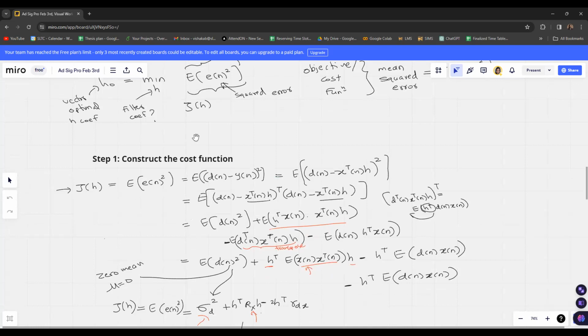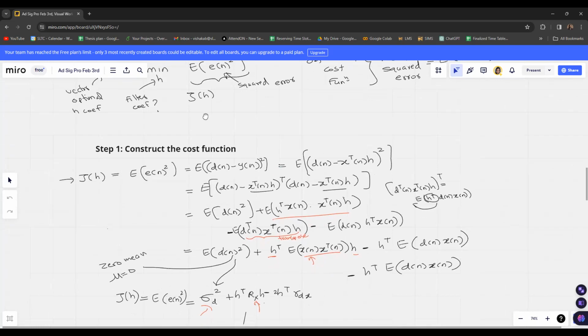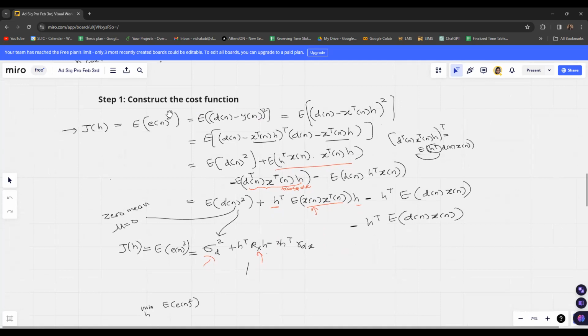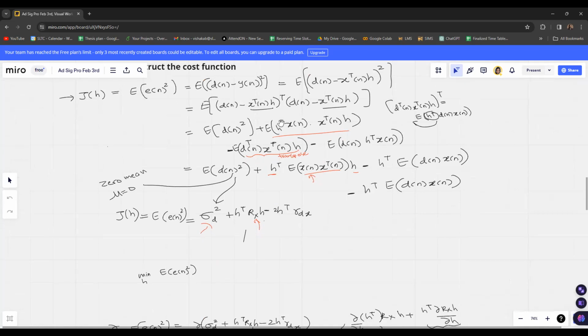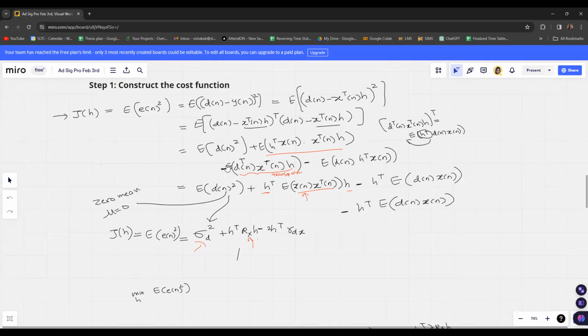So in order for us to expand it further, we use the normal definitions, which are basically error is equal to dn minus yn, and then taking the square. Then we do this operation where we take the multiplication between these two vectors, and then we try to find the final expression that